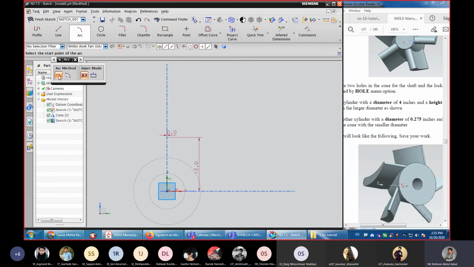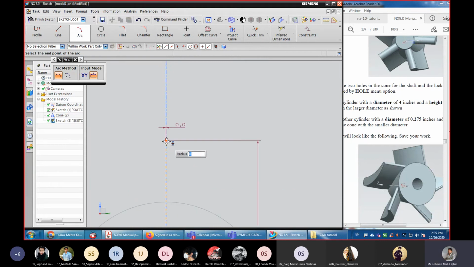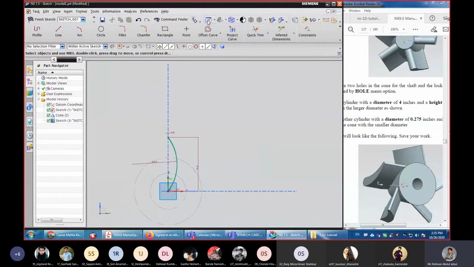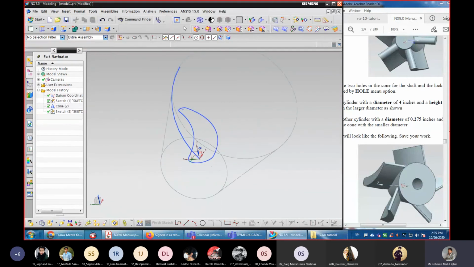Next, go to arc, 3-point arc, select the center, then select this point, and the radius say 10. Finish.